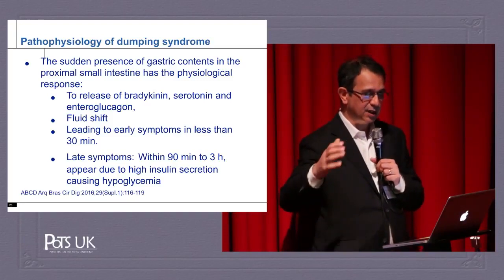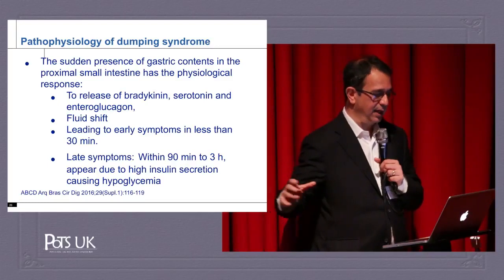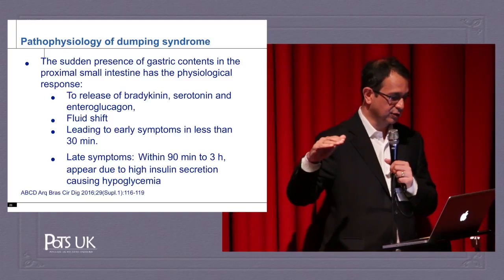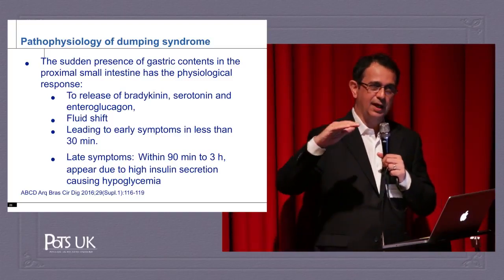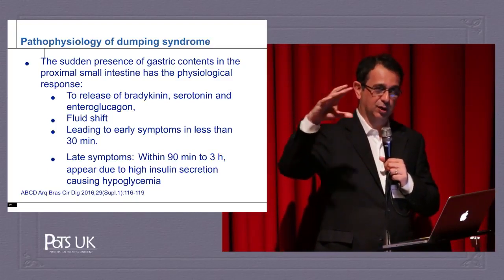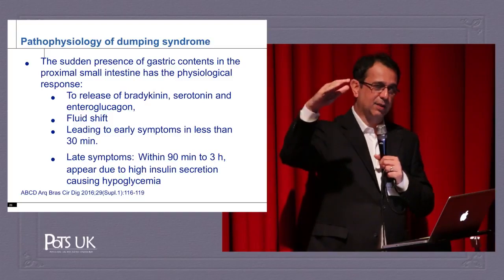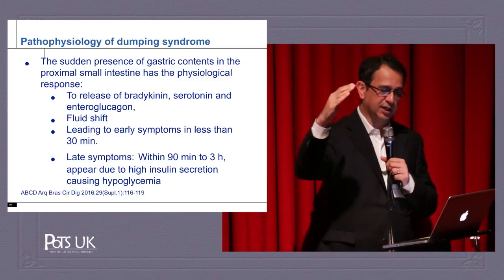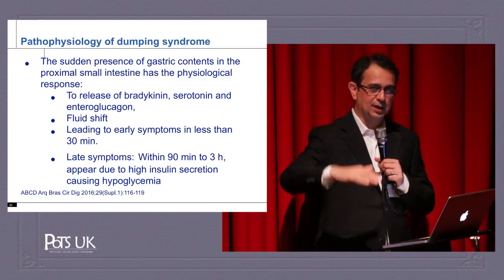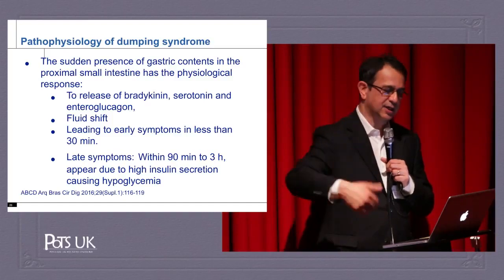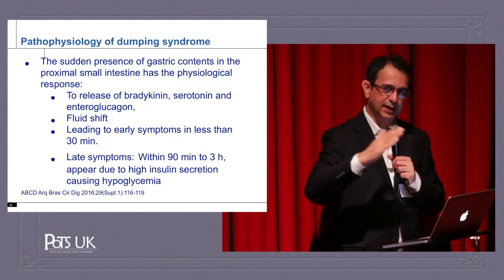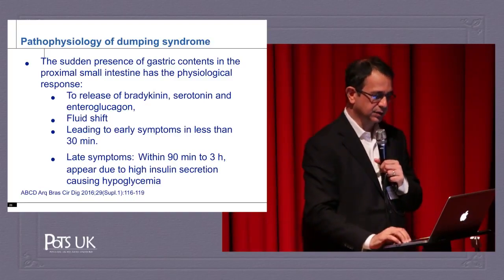Within 30 minutes, 15 to 30 minutes of eating, the early symptoms will start. And then there are the late symptoms, called late dumping, that will occur in about 90 minutes or so. And that's because at that time there is a sudden increase in blood sugar because of the carbohydrate load. The blood sugar increase causes an increase in insulin secretion, which overshoots the amount required, and it brings your blood sugar crashing down. And you'll get a reactive hypoglycemia. And again, the same sort of symptoms will come on. And it's therefore important to recognize whether it is early or late dumping,